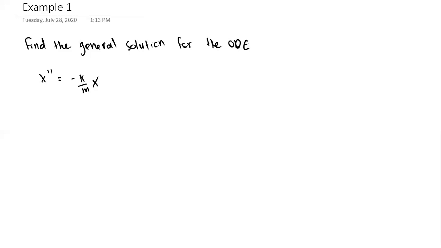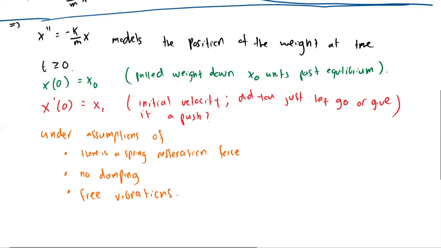So hopefully with the explanation in the first videos in this section and that simulation, you can understand exactly what's happening. What is it that we're trying to model? What the motion looks like in this particular case. So now that we did that, let's go ahead and find the general solution to our ODE. In the previous video, before the simulation, we had this differential equation that we found,